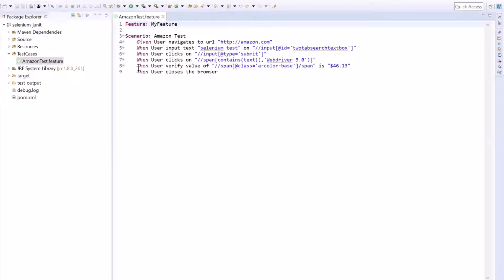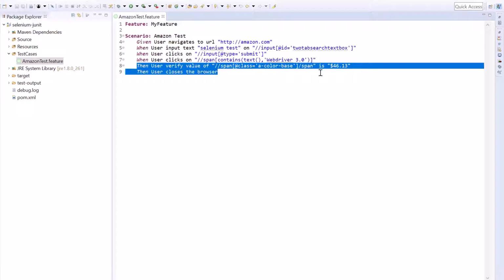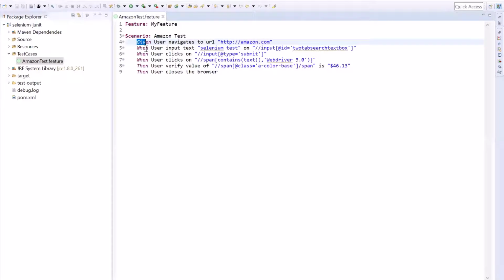Now let's see in action how we can achieve that. Let's suppose that our scripts are failing at this step. So we'll debug it to find out whether this element is getting identified or not, or whether the actual price value of the book at runtime is the same as expected. Now to reach that page to verify the price of the book, these steps also need to be executed.